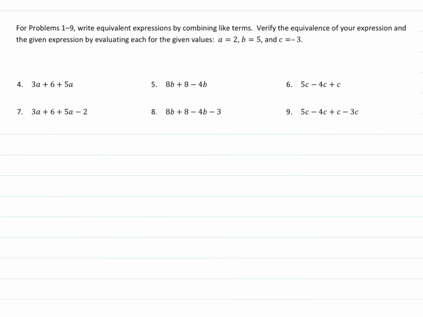Five times -3 is -15. -4 times -3 is +12. -3 times -3 is +9. Remember, when they have the same sign, like a negative and a negative, and they're multiplied together, they create a positive result. -15 plus 12 is -3. -3 plus -3 is -6. -6 plus a +9 is a +3. This says